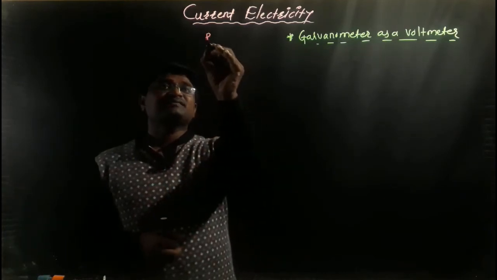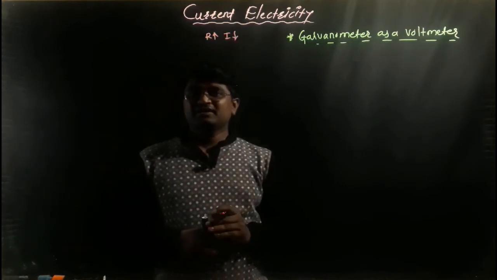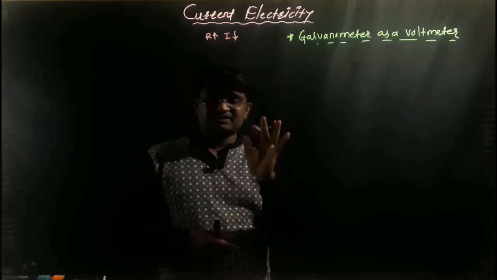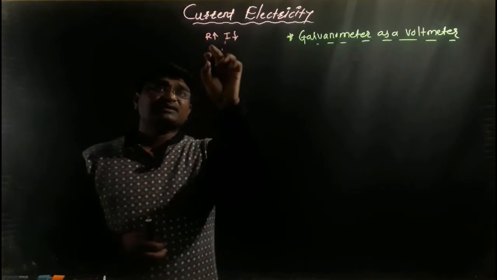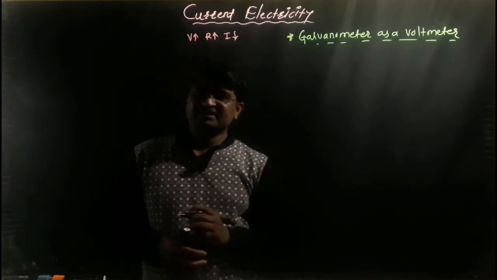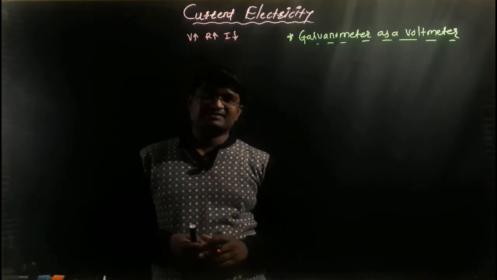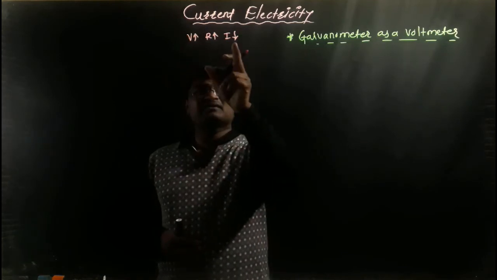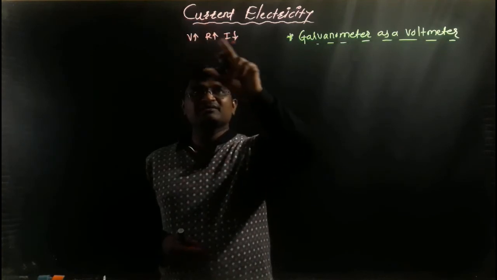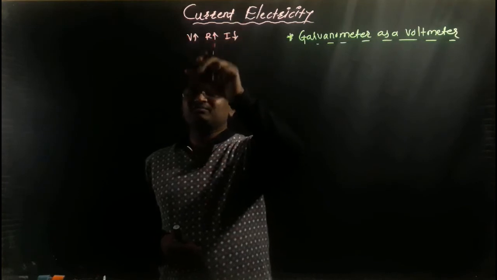Now let's see, if the resistance increases, the current decreases, and if the resistance decreases, the current increases. It is a very important concept. But if the resistance increases, the potential also increases. If the potential increases, the current decreases, but the resistance has also increased. It means that potential and current both depend upon resistance. If the resistance is high, the potential is also high, but the current is low. If the resistance is low, the current gets high and the potential gets low.